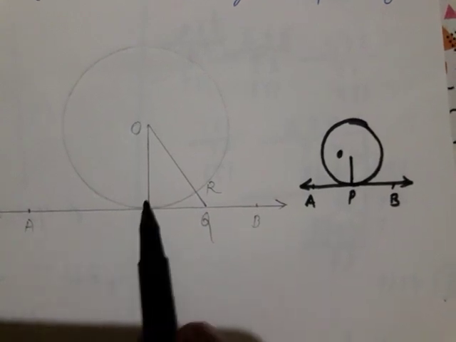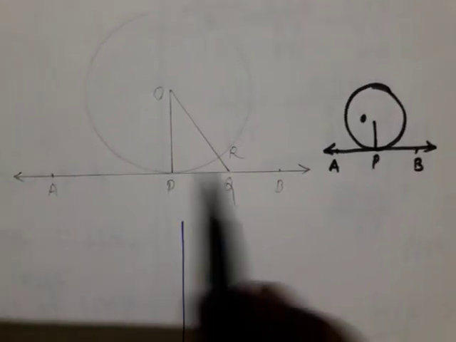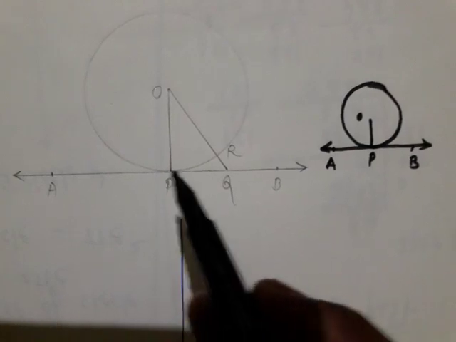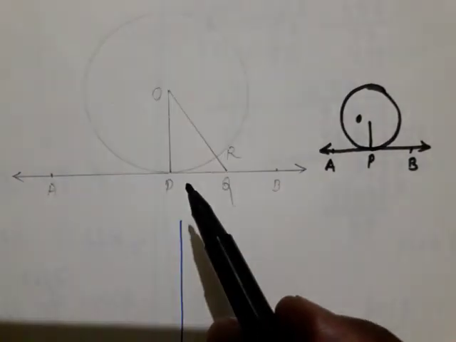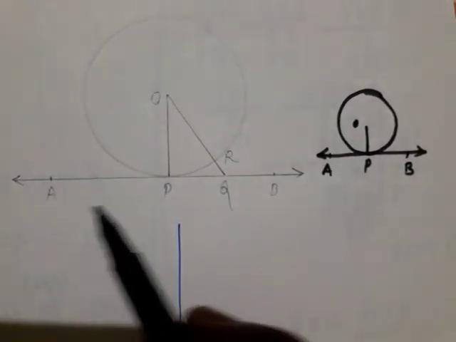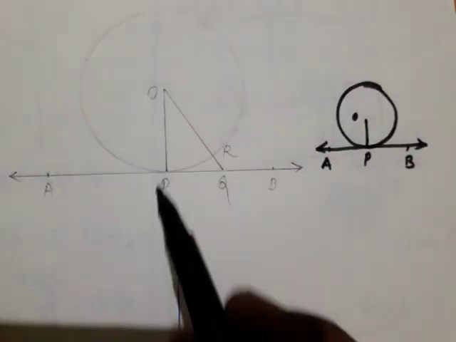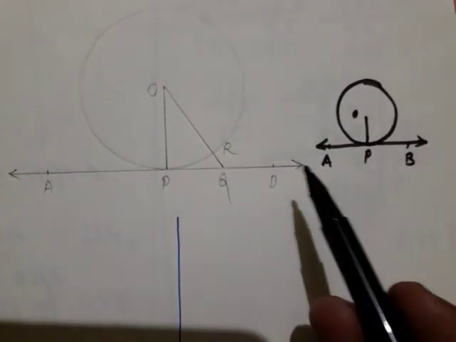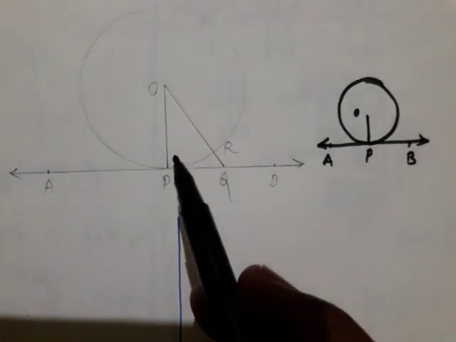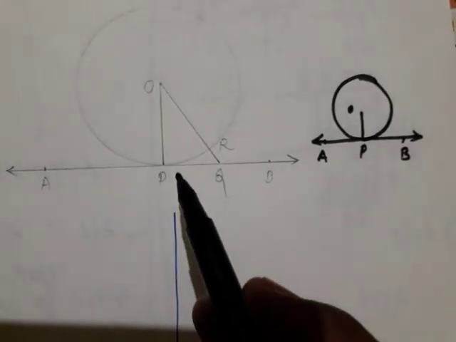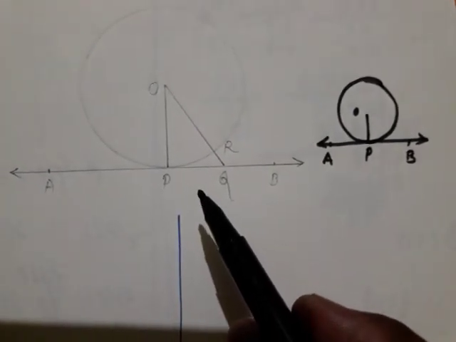Tangent AB, it's very important, look here. The tangent AB intersects the circle at point P. Because of this, OP is the radius. Then we are going to prove that AB is perpendicular to OP, or OP is perpendicular to AB, through the point of contact. Through the point of contact means at this point P. How to prove this? Look here.